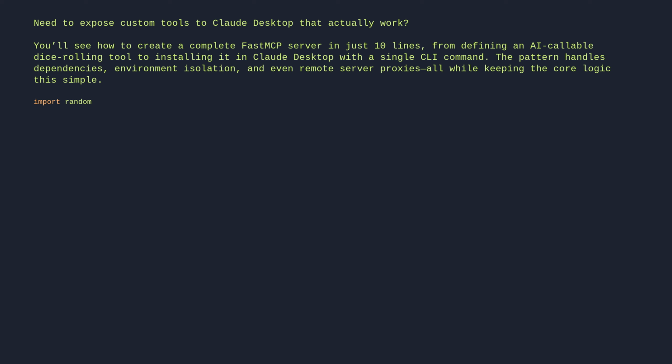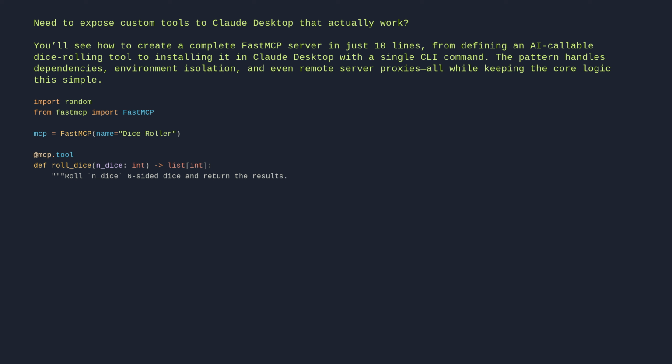import random. From fastmcp import FastMCP. mcp = FastMCP(name="Dice Roller"). @mcp.tool def roll_dice(n_dice: int) -> list[int]: "Roll n_dice 6-sided dice and return the results." return [random.randint(1, 6) for _ in range(n_dice)]. if __name__ == "__main__": mcp.run()